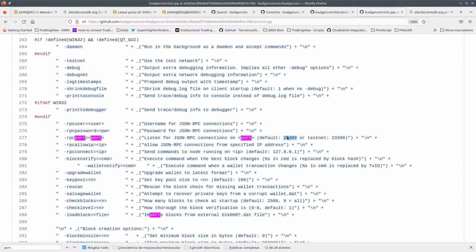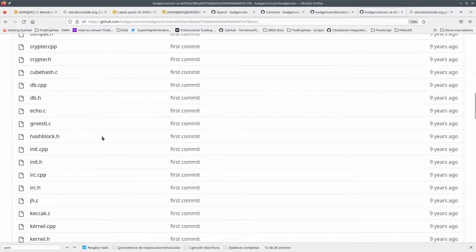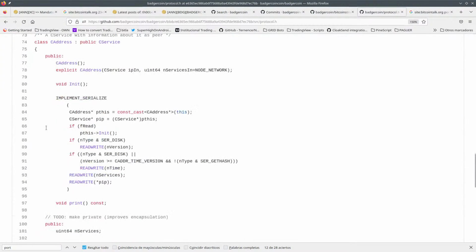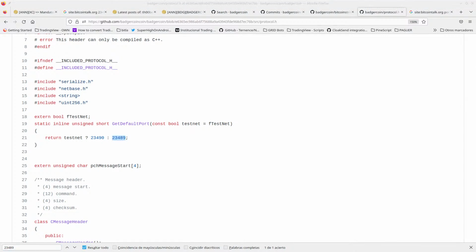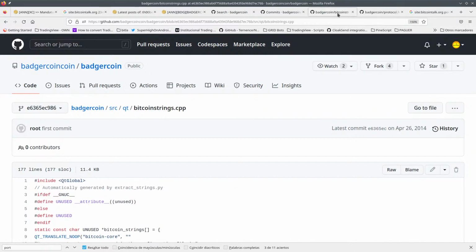So what you want to do is to check src protocol.h to see actually which is the port used here. So protocol.h, let's search for the port. Okay, so this is the default port. Okay, so budget coin is another stuff that we have here, and this is quite nice because